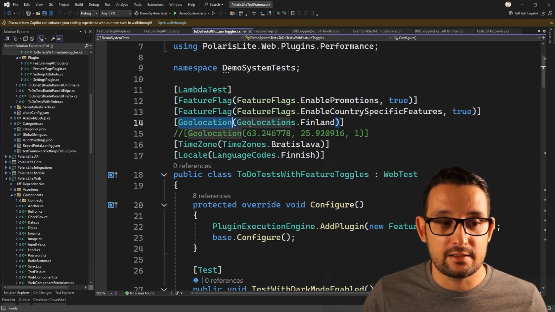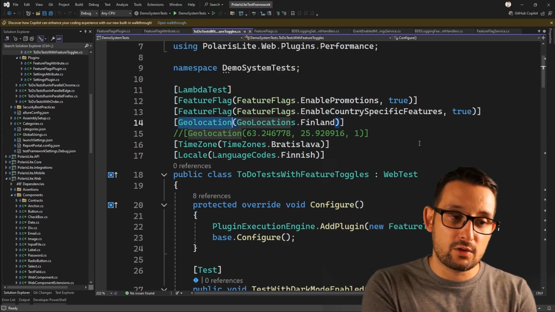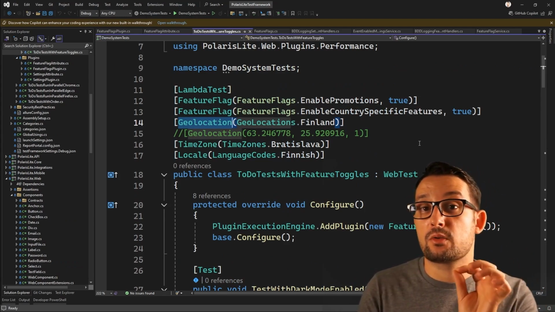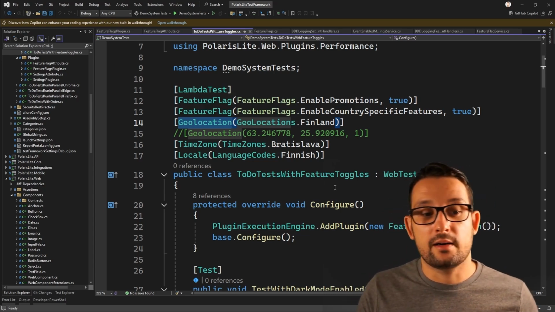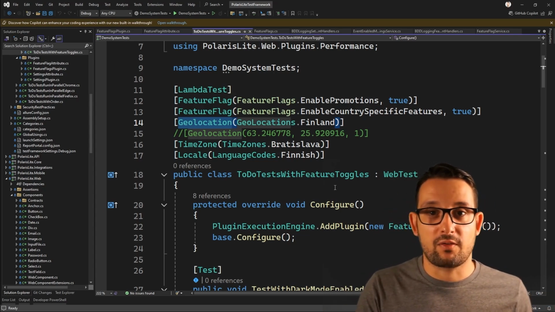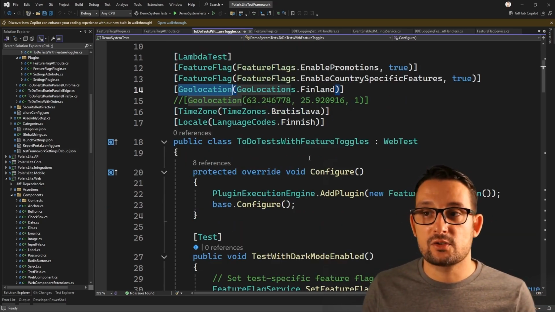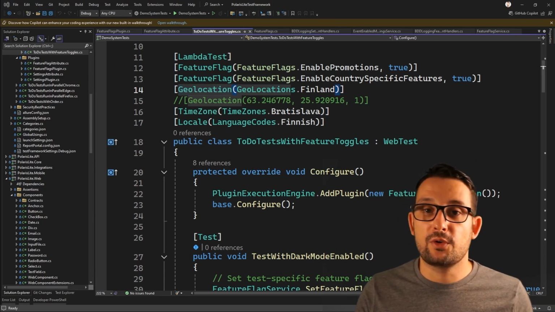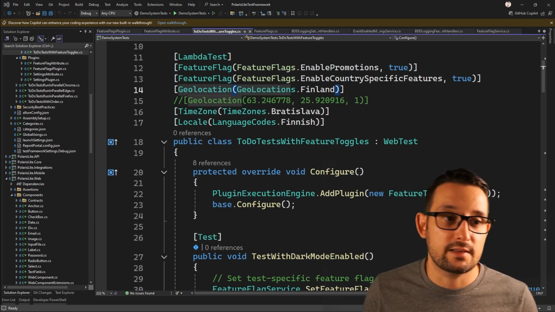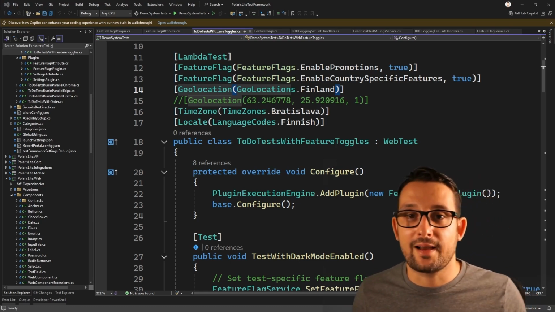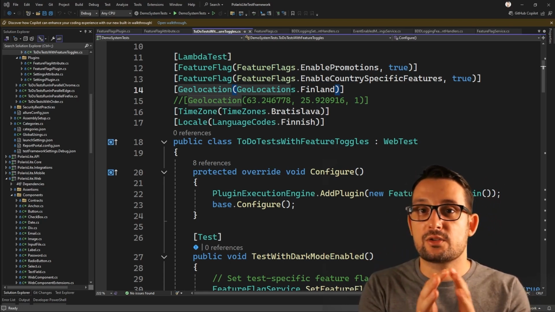We are using it later in other plugins that are combined with LambdaTest. We are going to execute all those tests in this particular place, which is really awesome. We can change the time zone, we can change the locale. Again, it depends how your feature flag is working. Many companies use these feature flags just to roll out a particular feature to a set of devices, for example, Samsung devices or iPhone devices or a particular version of Android. You can use LambdaTest to test these feature flags and user segments